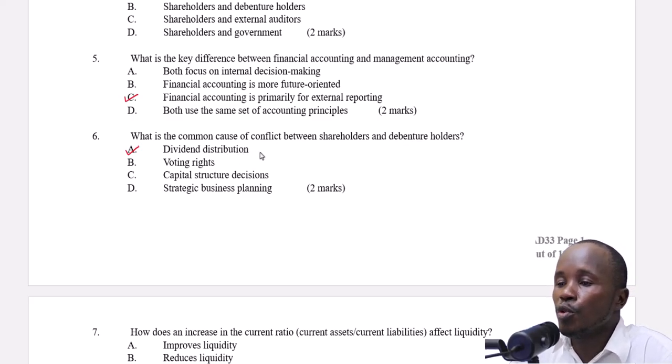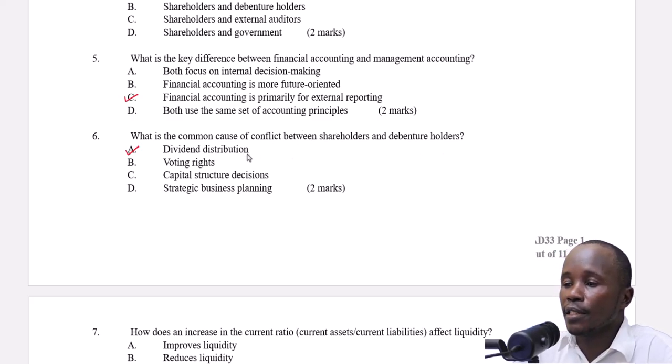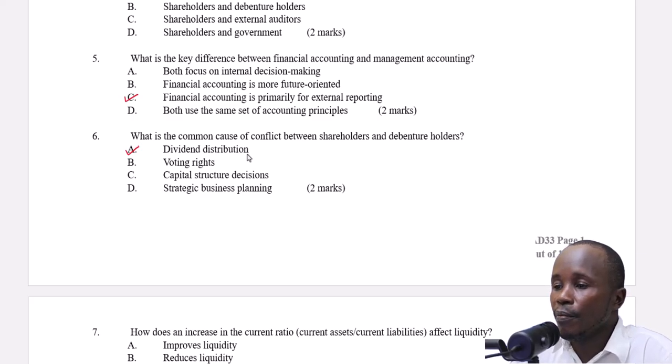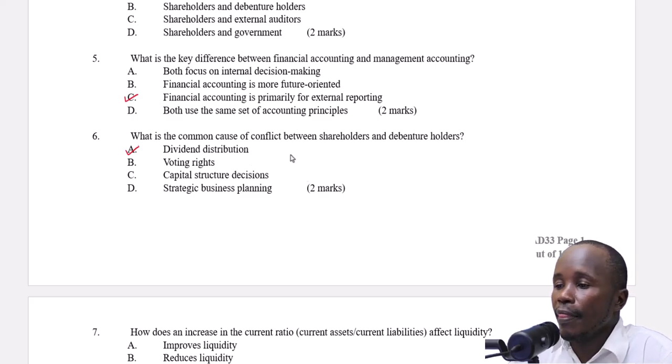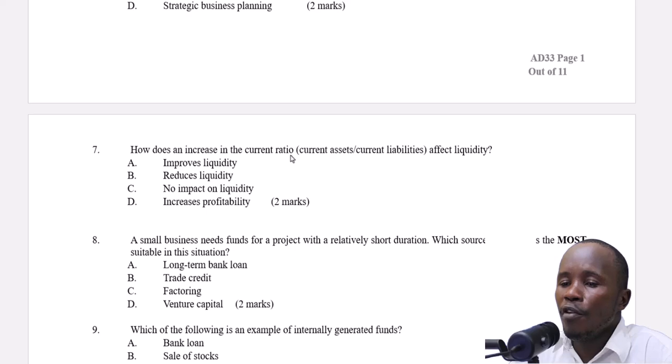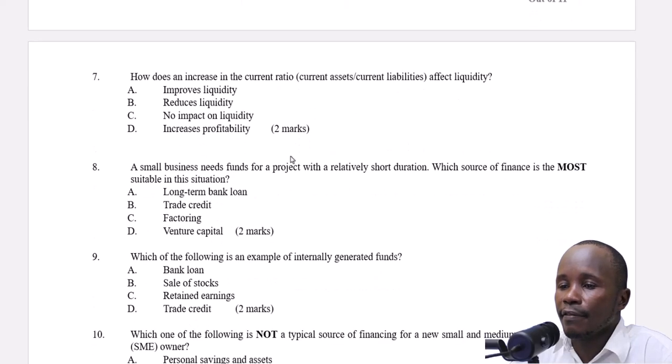Therefore, this could be the major conflict between shareholders and debenture holders, in the sense that shareholders want to get more returns on their investment. Therefore, they would wish the company to pay more of its profits in the form of dividends. So that is it. We move on to question number 7, where you are told,